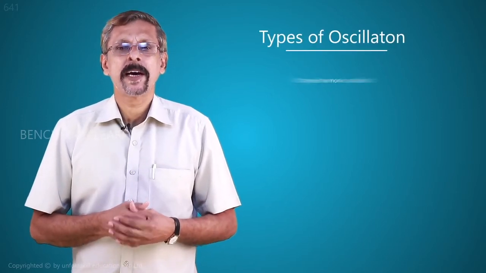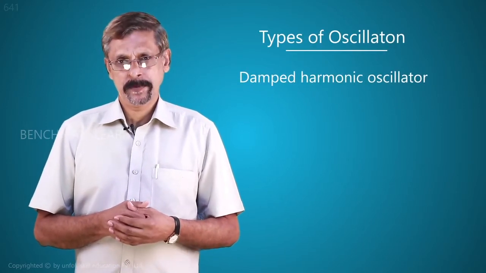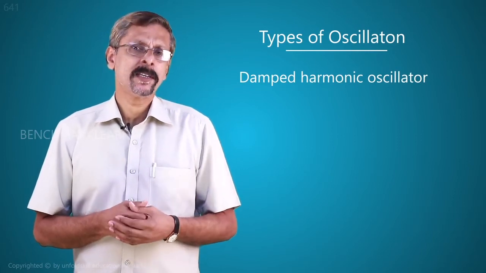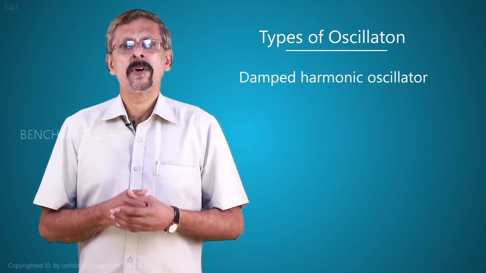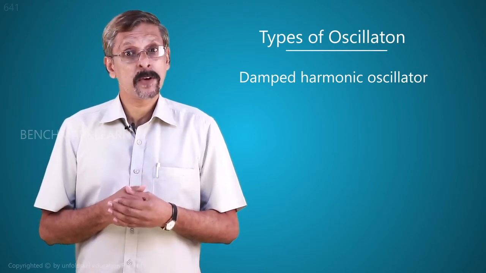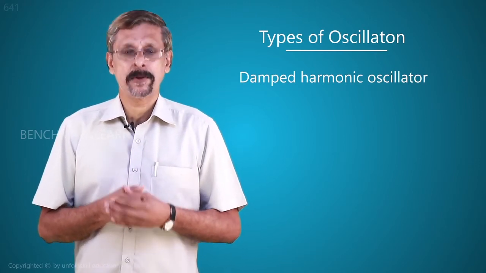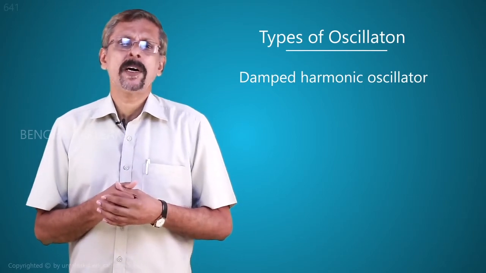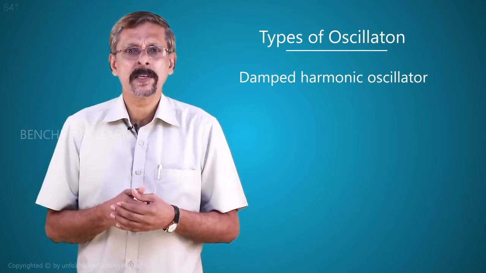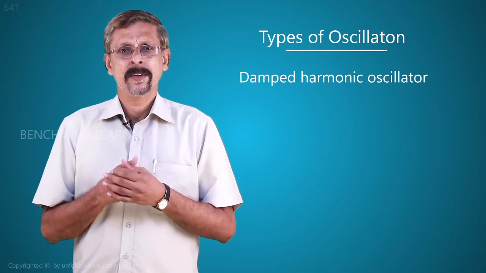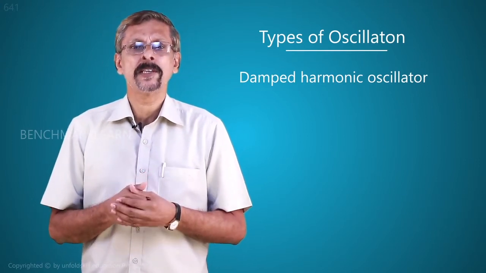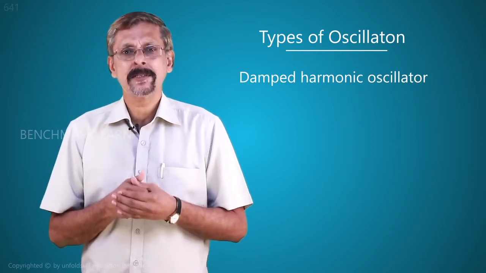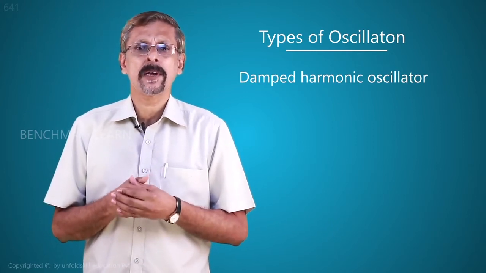In this lecture, we will learn about damped harmonic oscillators. As we have already seen, in the case of a free harmonic oscillator, the total energy will always remain a constant. Therefore, the oscillations will never die out. But in the case of a damped harmonic oscillator, damping forces will act. Because of these damping forces, the oscillations will gradually come down, and hence these types of oscillators are known as